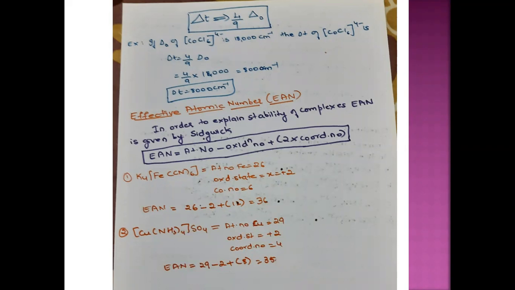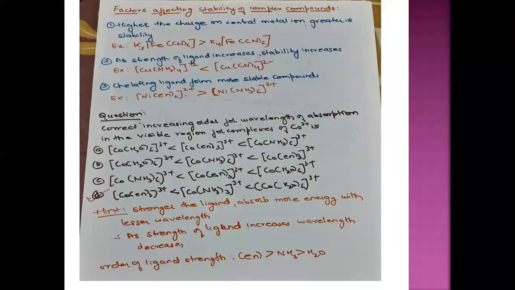So this is nothing but the calculation of EAN. If they give you the complex and tell you to find the EAN, first you have to find the atomic number, oxidation state, and coordination number. Sometimes I have seen in some papers, they have directly given the names and not the formula. So first, according to the IUPAC naming, you have to deduce the formula. You have to write the structural formula. Then from that, you can easily find the atomic number, coordination number, and oxidation number, and find the EAN of the complex. Just be careful, the question can be asked both ways.